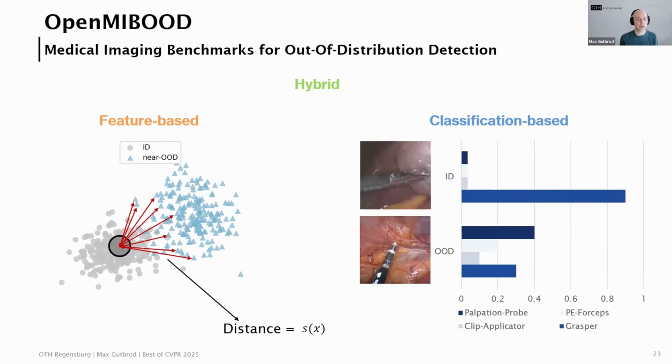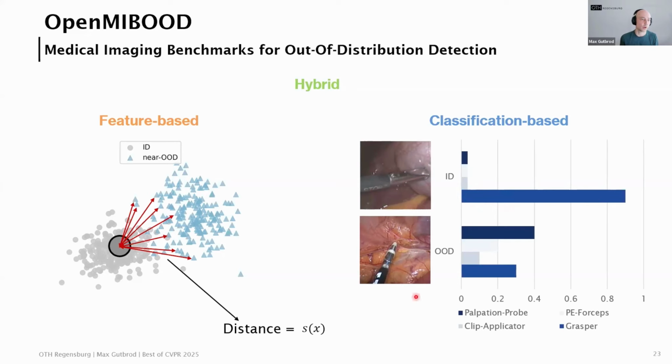And for the classification-based methods, there's the underlying assumption that ID data produces higher probabilities or logits than OOD data. For the ID data, we can see an actual grasper instrument, and the probability for the grasper class is quite high. So this would be the idea.